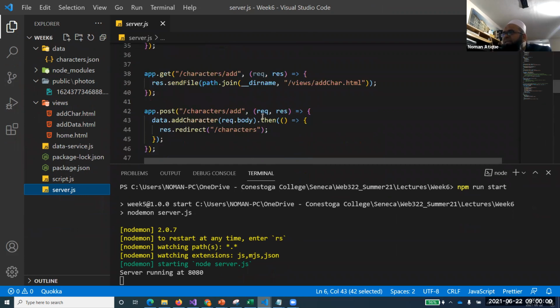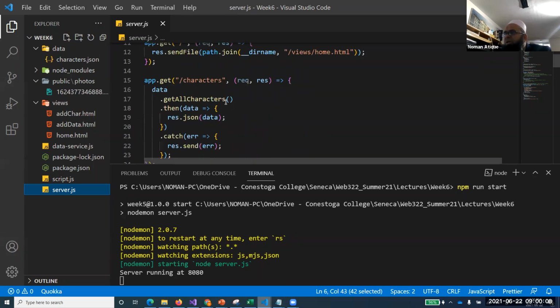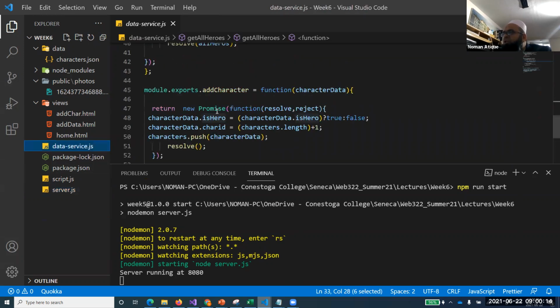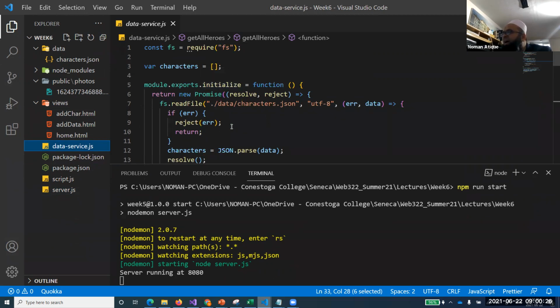So you see, when I say characters, I want to access character. I'm accessing get all characters. And if I go to the definition of this get all characters, you see that this function is doing what? It is going and communicating with our file of data and bringing up that file over here.